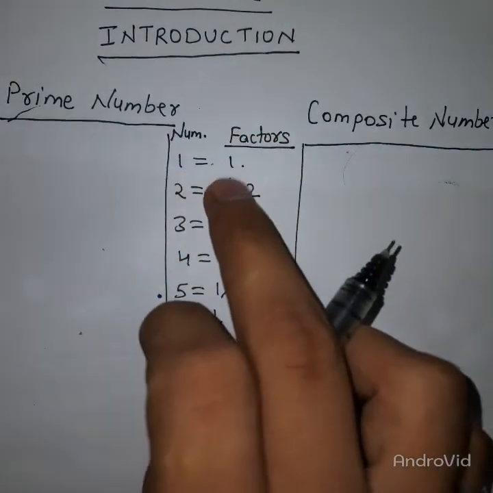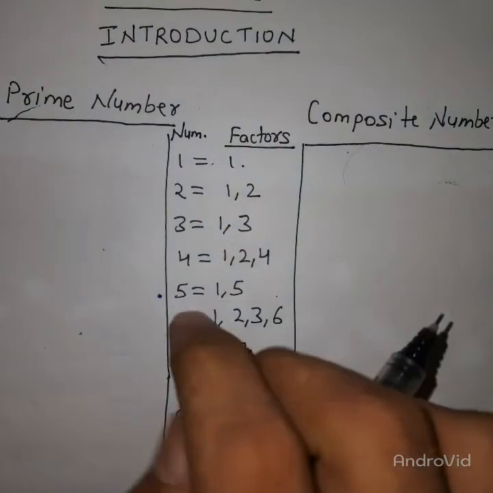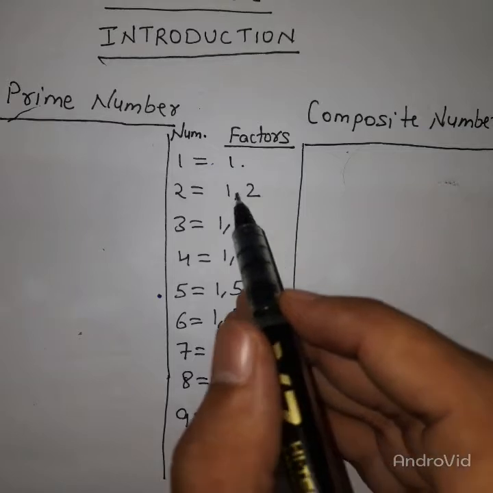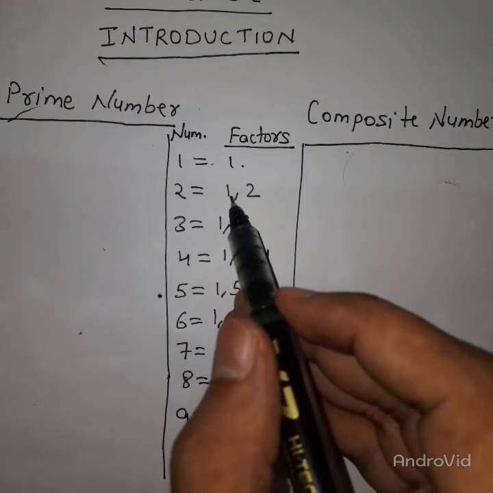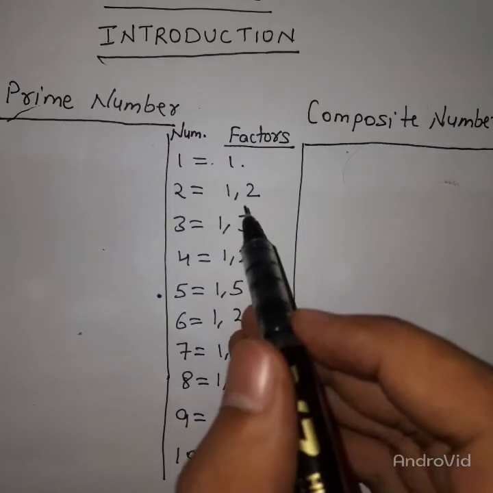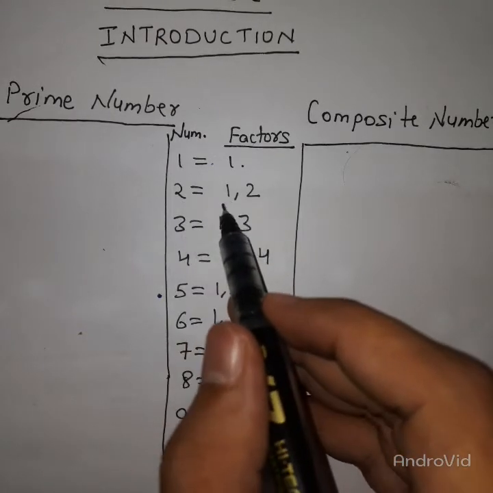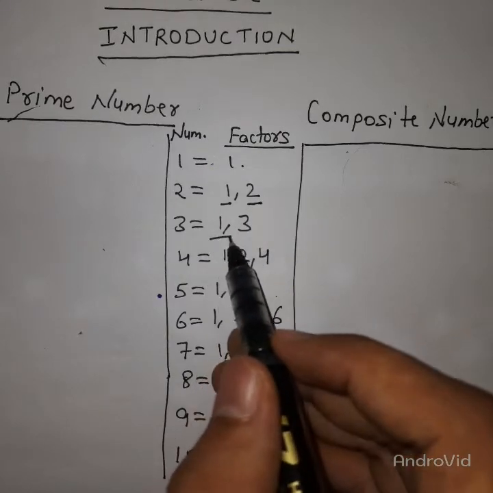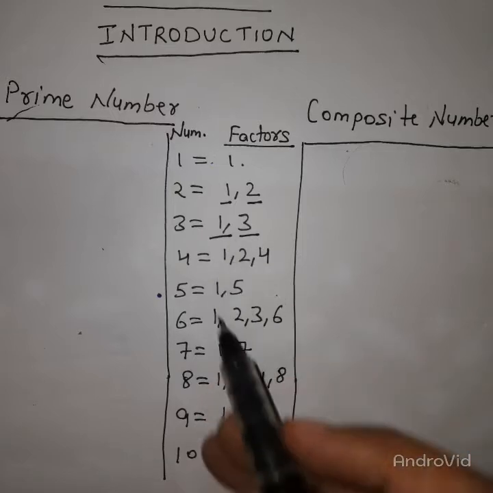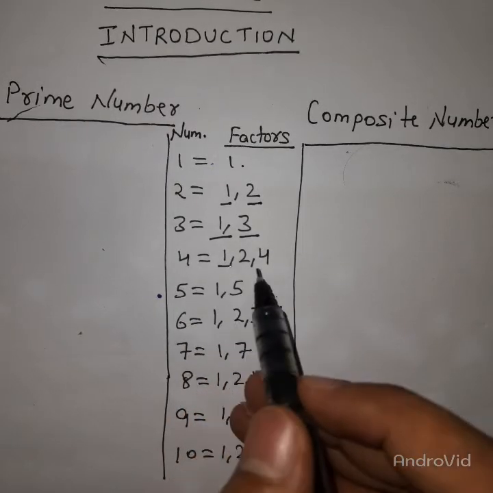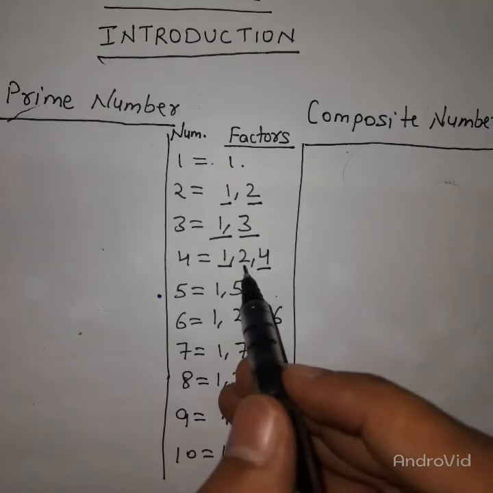एक को छोड़ के बाकी सभी नंबर्स के मिनिमम 2 फैक्टर्स होते हैं. मिनिमम 2 फैक्टर्स कौन कौन से होते हैं? एक तो 1 होता है and the second factor is the number itself. In case of 2, it is divided by 1 and itself. In case of 3, it is divided by 1 and itself. In case of 4, 4 is divided by 1 and itself as well as by 2.